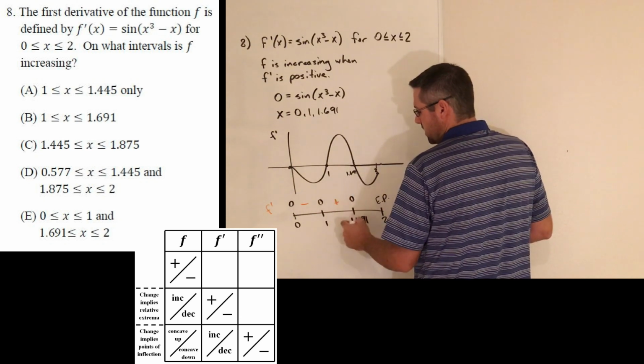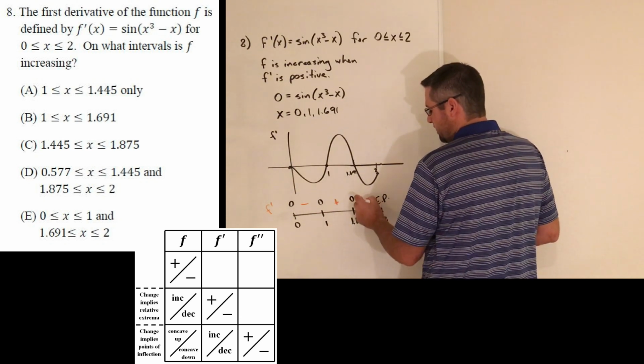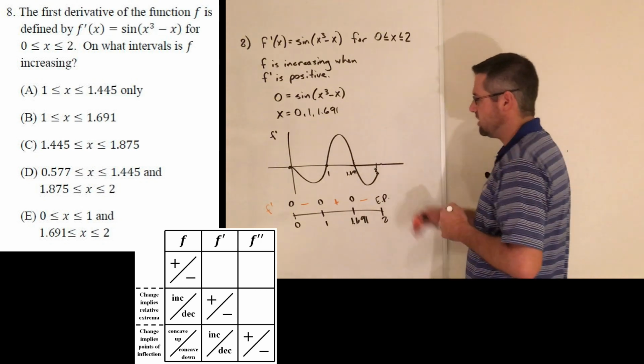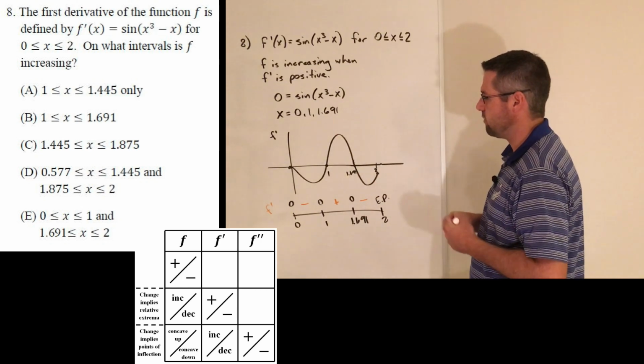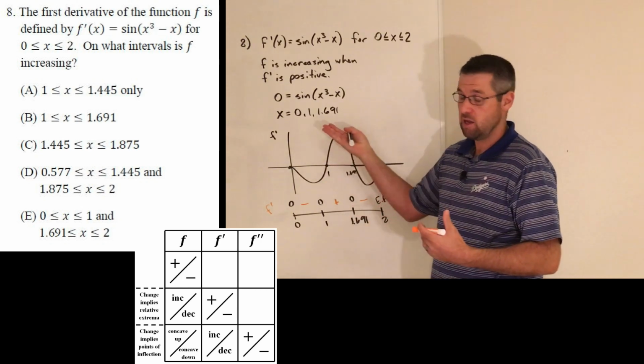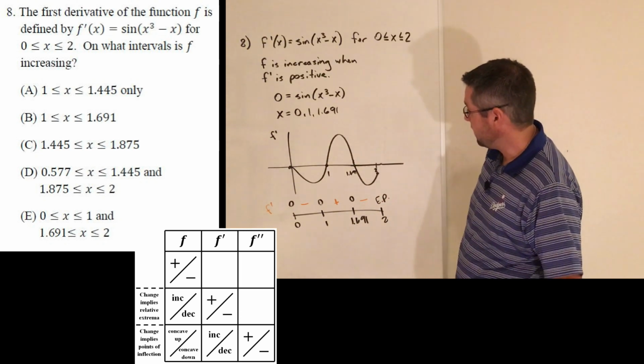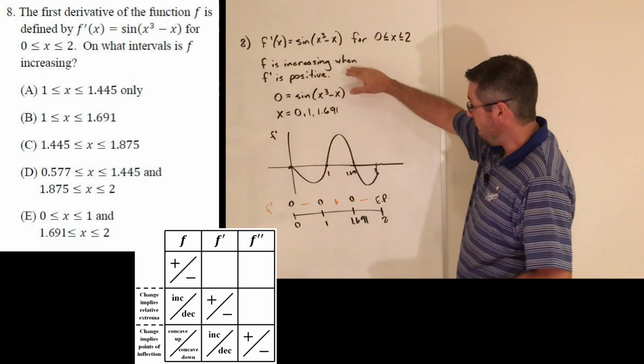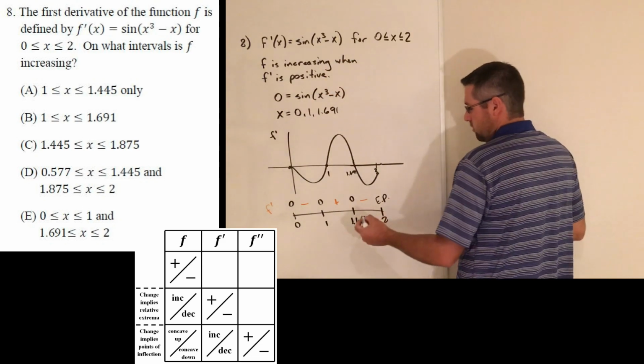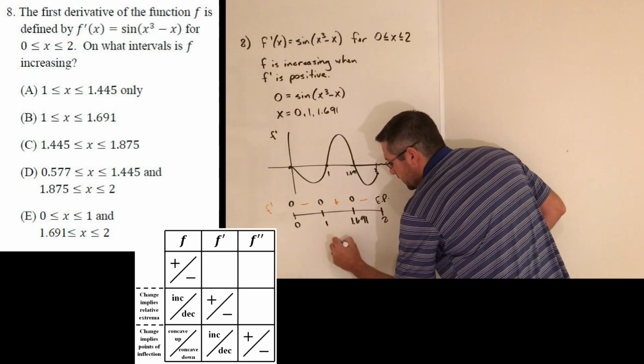F prime is positive from 1 to 1.691 and negative from 1.691 to 2 because, again, we're looking at the f prime graph. So f prime is positive when it's above the axis and negative when it's below the axis. So we can conclude as a final answer, f prime is positive over the interval 1 is less than or